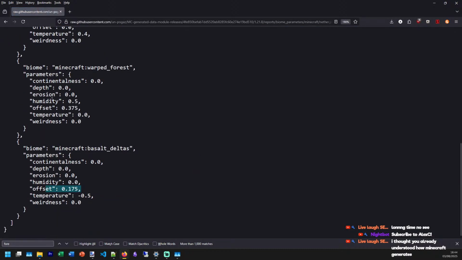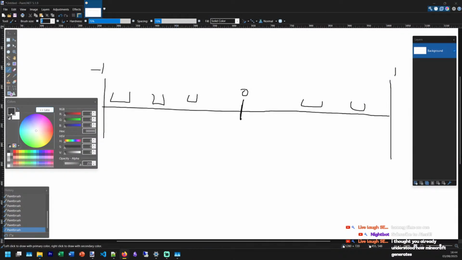Haha, yes, I knew it. So it's the nether ones that have the offset, so that's completely irrelevant to me for now. But except, what is offset? But anyways, let's just put that back.